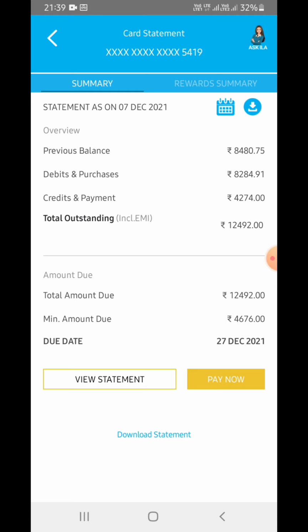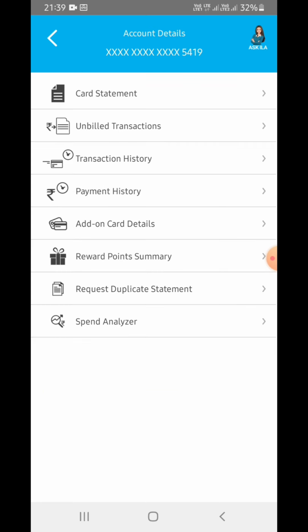You can pay this credit amount by Amazon Pay, PhonePe, or Google Pay. You just have to enter your card number, CVV, and expiry date over here. So like this you can pay your credit balance.